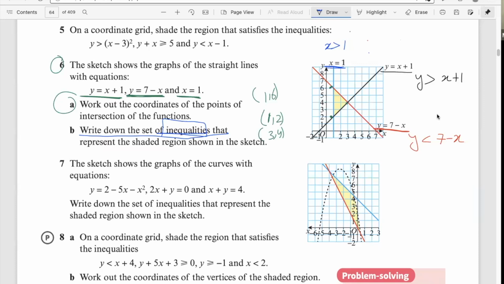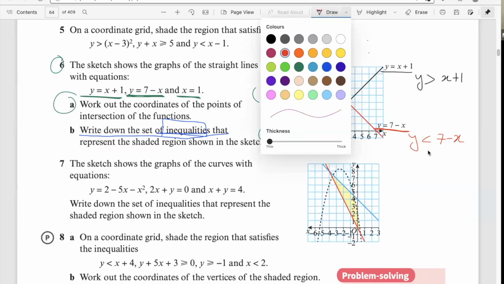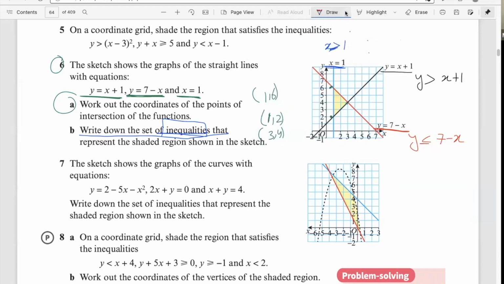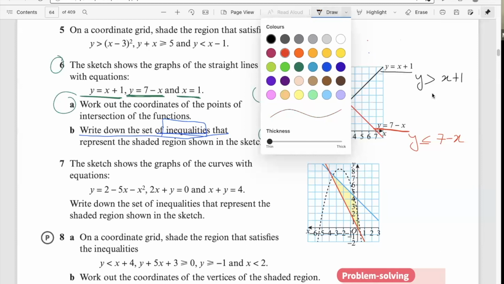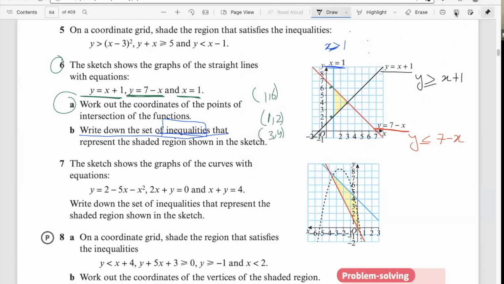Okay, now I'm adding one more thing. Whenever it is a solid line, we say greater than or equal to. And whenever it is a dotted line, only then we ignore the equal to sign. For example,